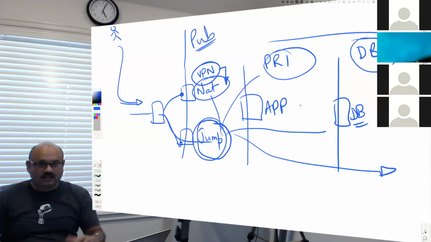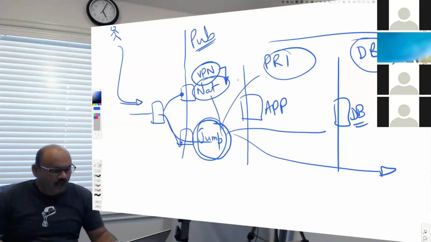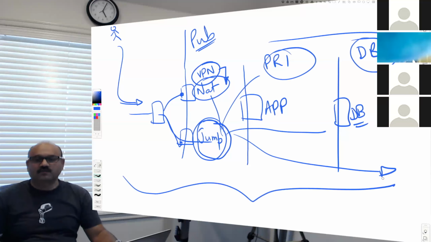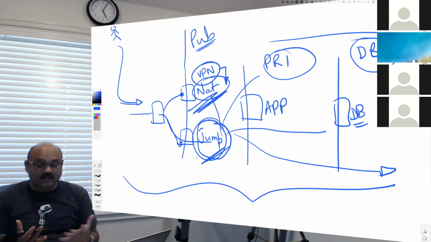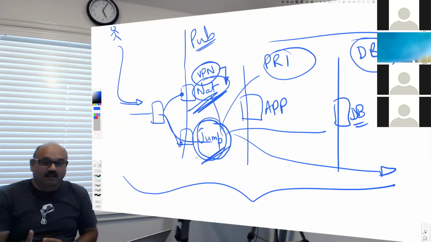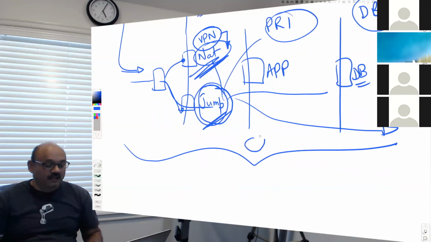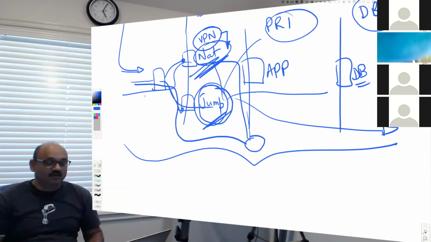So we will do this exercise, which took us a fair amount of time to build the whole thing, because first of all, we were new to this. We were trying to understand what it takes to create a given blueprint for a given architecture. And then how do we understand the details behind a NAT device, jump boxes, SSH tunneling, understanding subnets, understanding the difference between private and public subnets, understanding that the traffic that needs to go from a machine that sits here, maybe in a private area, should not go directly through a public gateway, but should traverse through the NAT device. Those security aspects we understood.